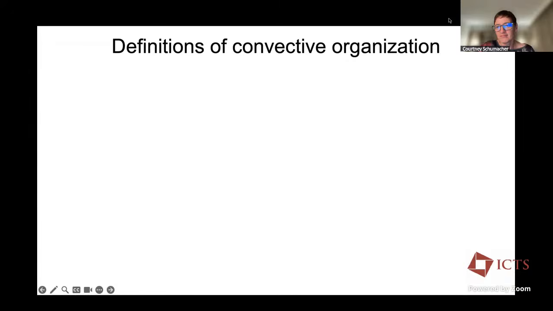If you think, well, what does it mean? How am I going to define convective organization? Is it the shape? Is it something that's linear? Some people say that. Could it be a lifetime? Something that